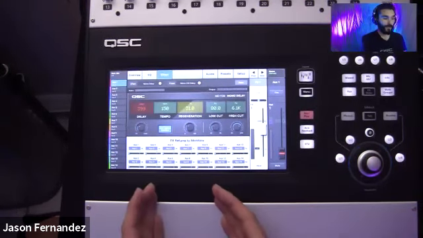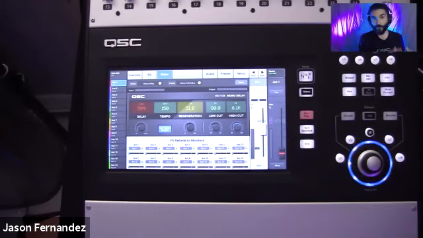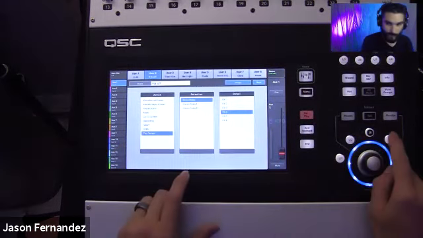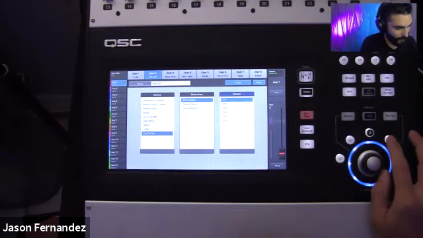So if I'm using my delay a little bit more dynamically, and if I want to be resetting this tempo throughout different songs, or maybe even within a particular song, I can assign tap tempo to a user button instead. We'll select U3 here for that one. Tap tempo, mono delay, effects 1.